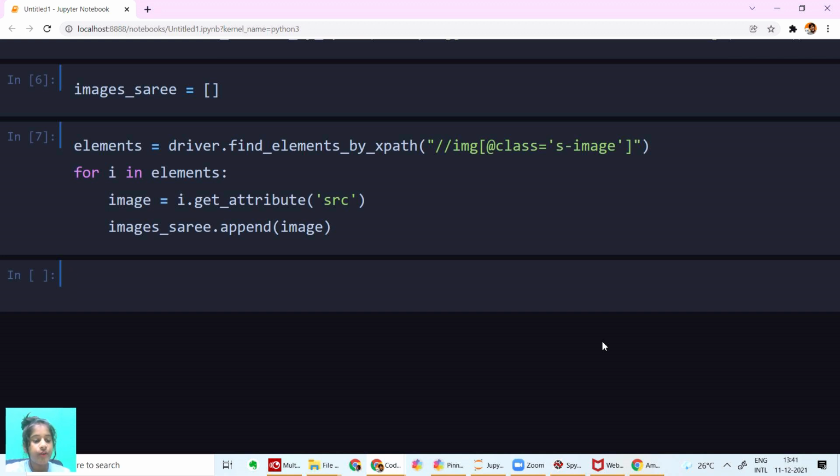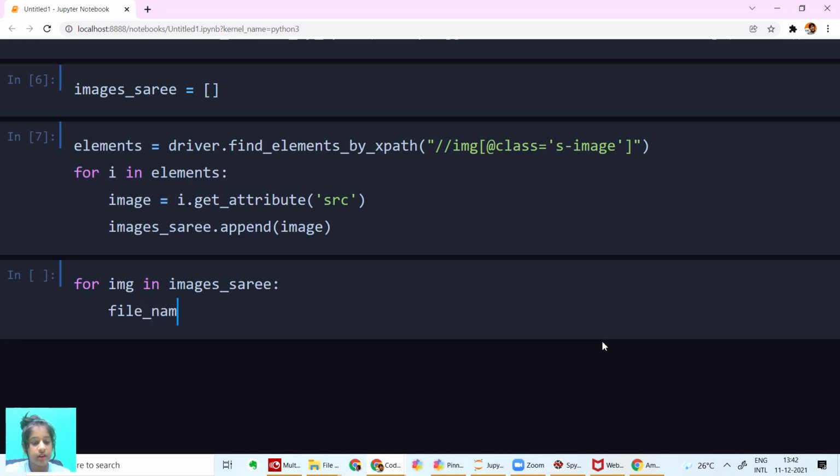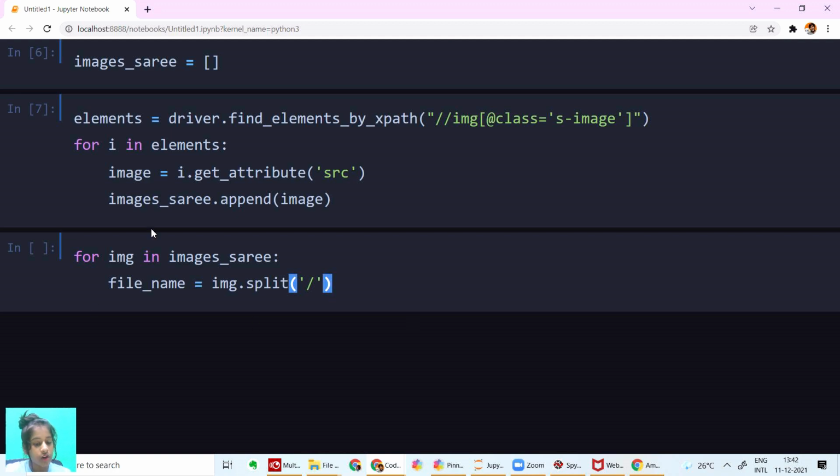And then I'm going to say for image in images_saree, file name is equal to image.split. So here in this for loop we're basically going to get this into our file directly.